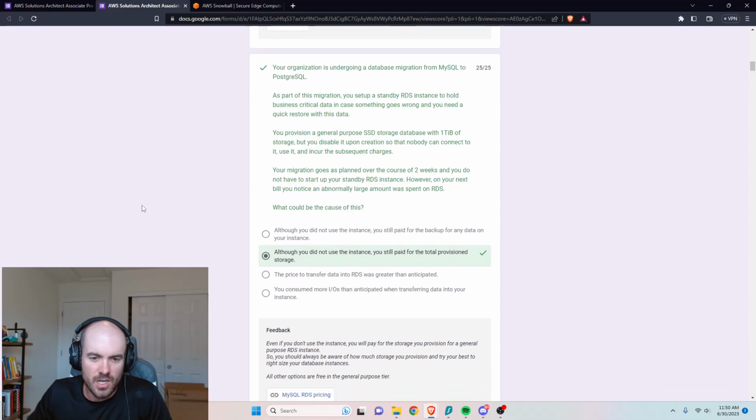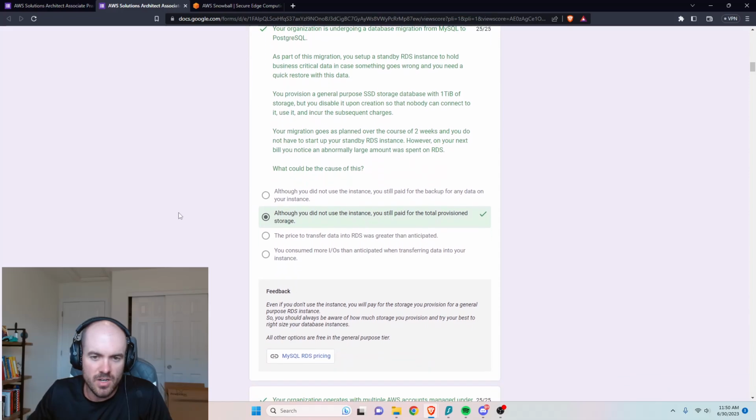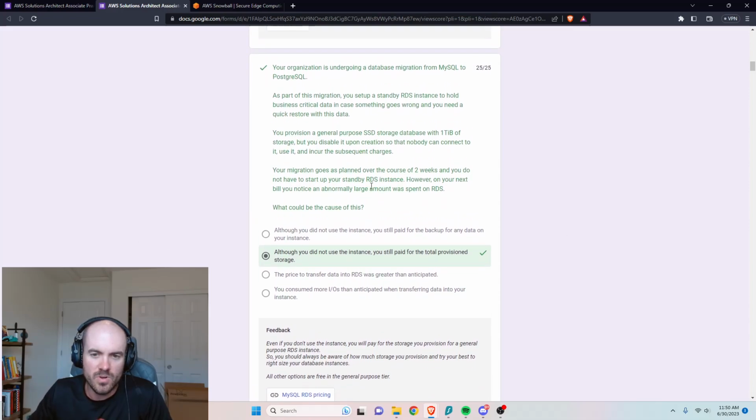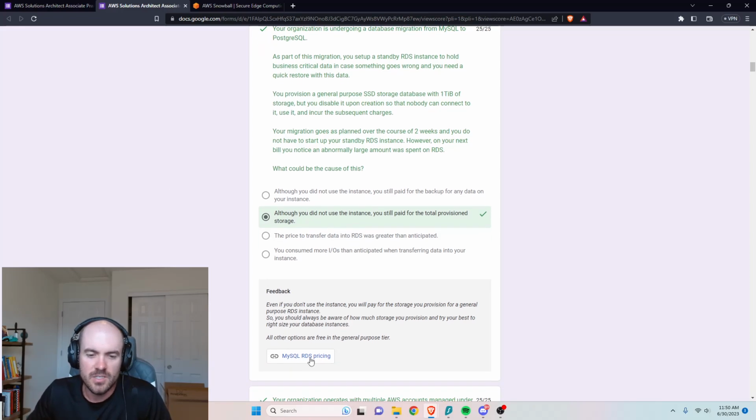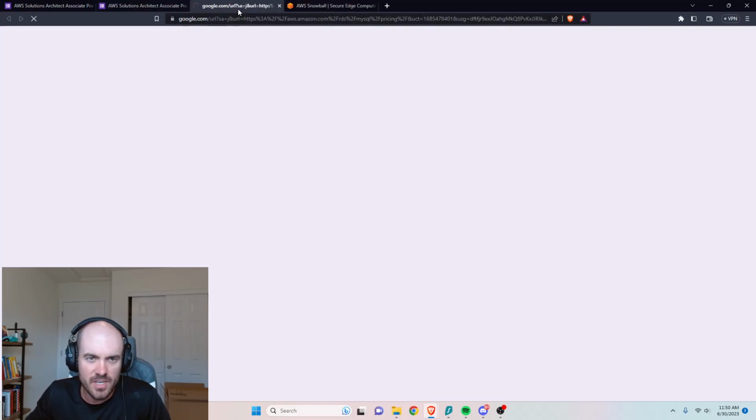So, yep, right here. The reason why you would have these surprise charges for RDS is because you paid to provision the storage on this database. Even if you didn't use it, you still provisioned that storage. So if we come here and look at RDS pricing,